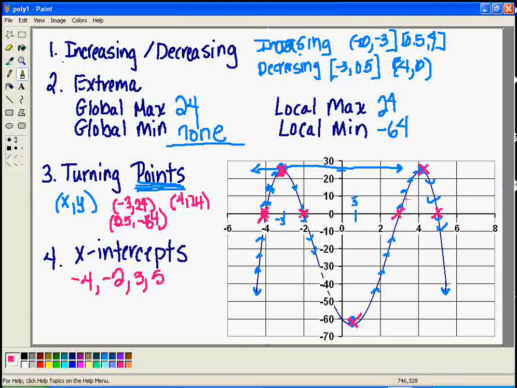So I hope that this helps to clarify our terminology and to help you to start thinking about how to interpret